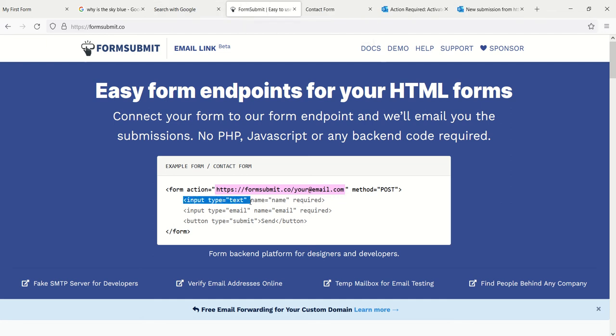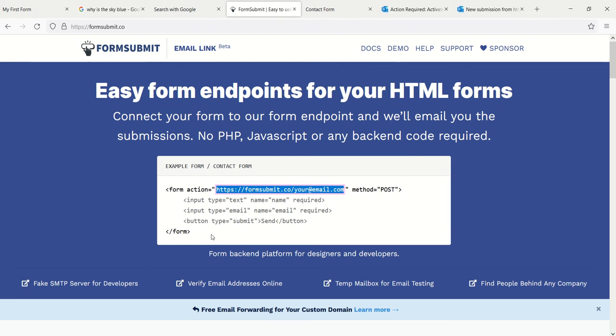There's an input field that has a name of name. There's another input field that has the name of email. So this form is going to submit a name and an email, and is going to submit it to this address here. This is the action of the page, and you can see that it has to be